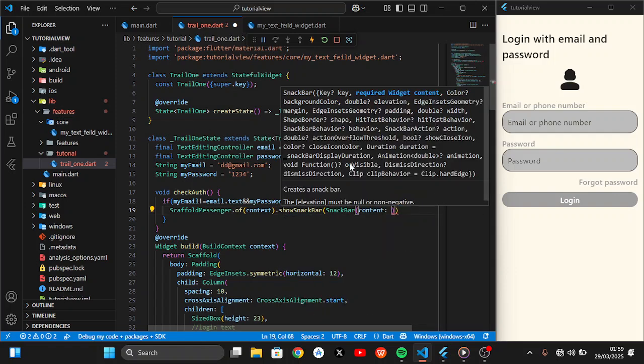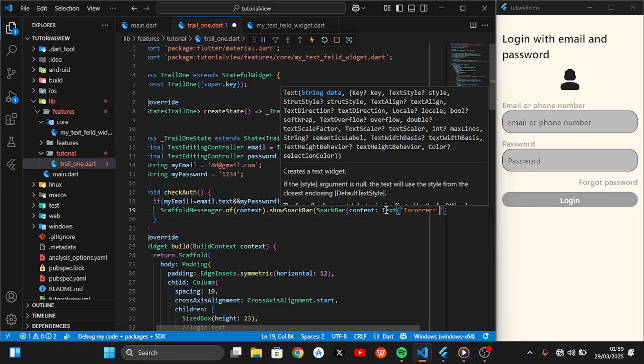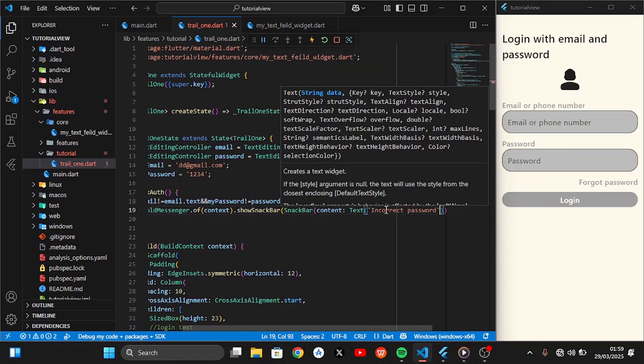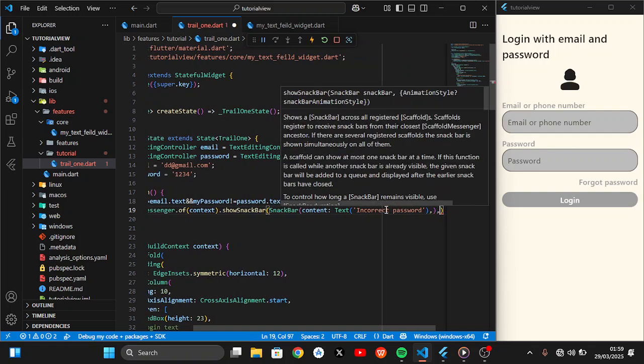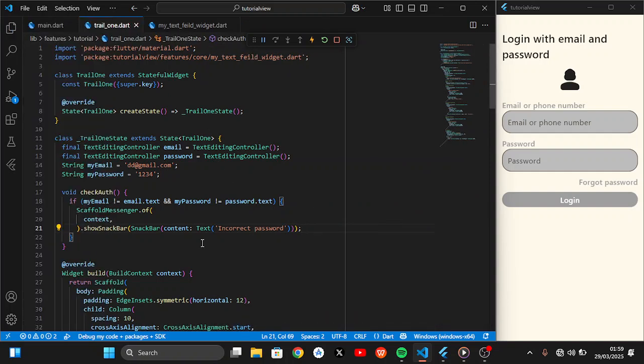Return a SnackBar. What is the content? It's a widget, so let's use a Text: incorrect password. Let's save. Else, basically, if it is correct,